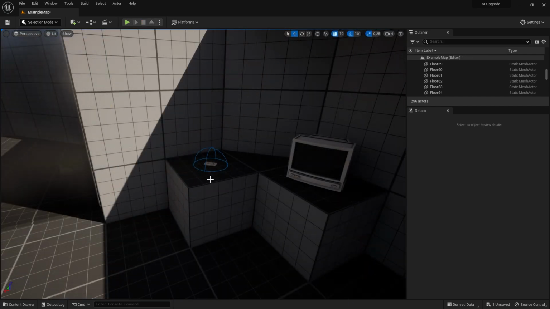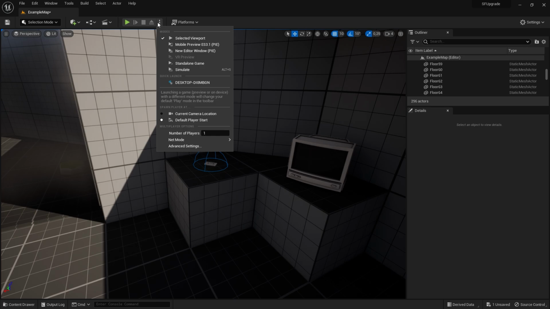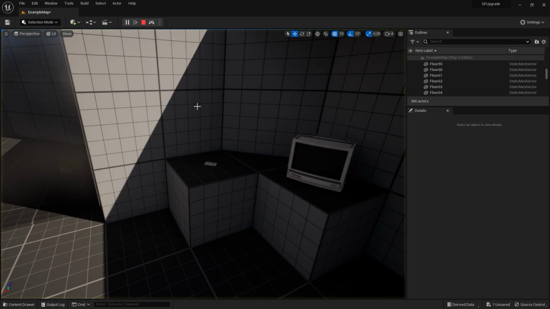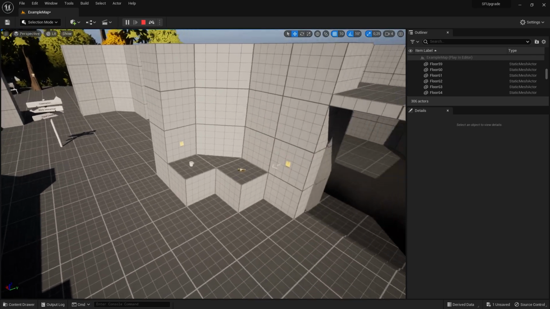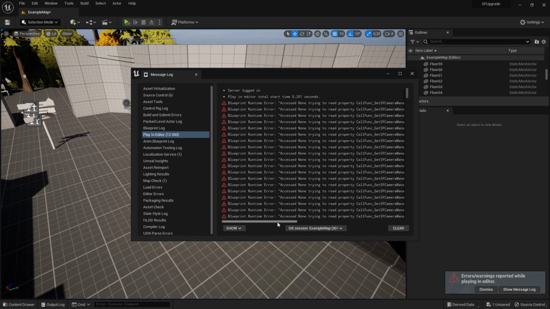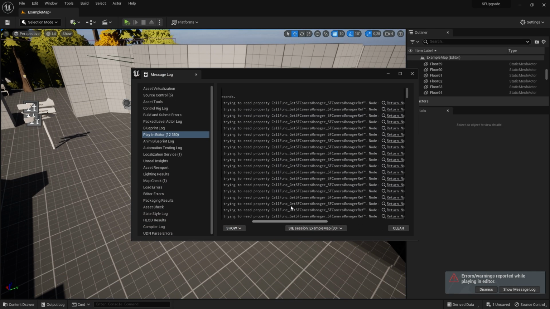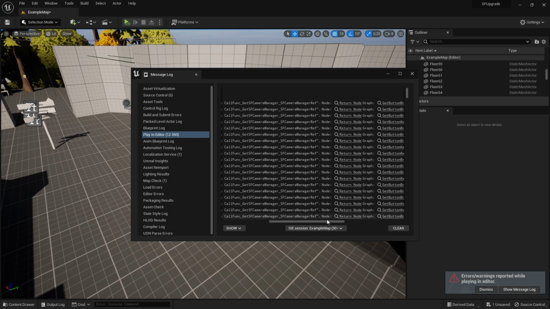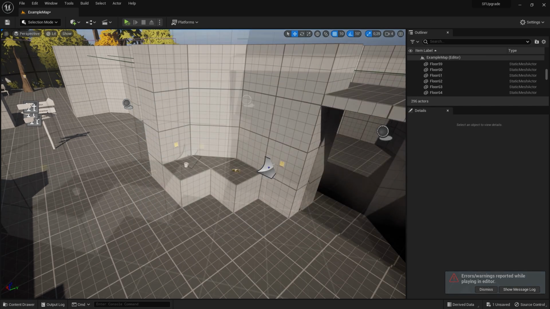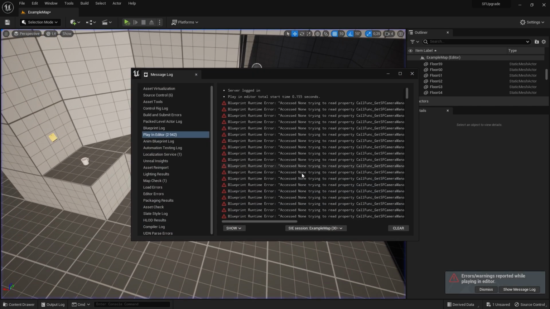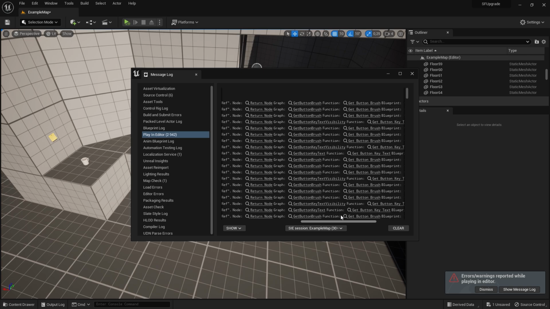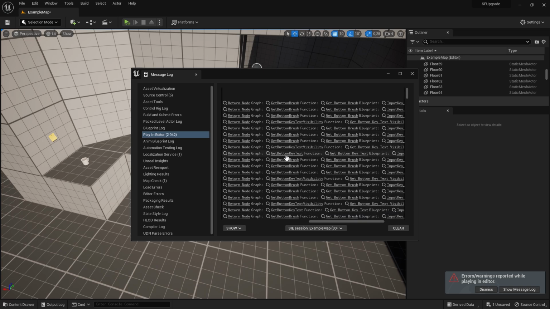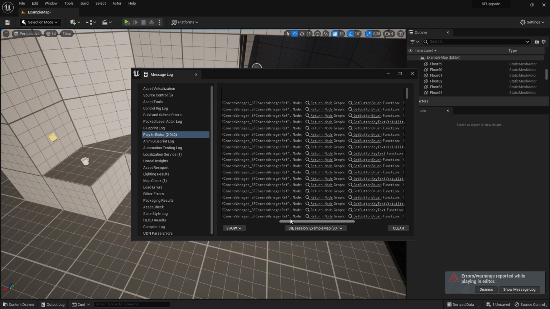Next, we are going to tackle some of the errors that get produced when trying to play in simulate mode. So if we go ahead and change our play mode over to simulate, and we just let it go for a bit, and we hit escape, you'll see we do get prompted with quite a few errors. So we're going to cover sorting these out now. If we hit play again and then close out, we can go through and fix these errors down the list. So let's first open up the